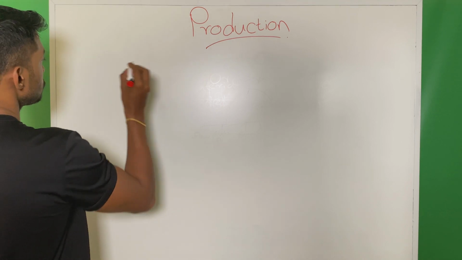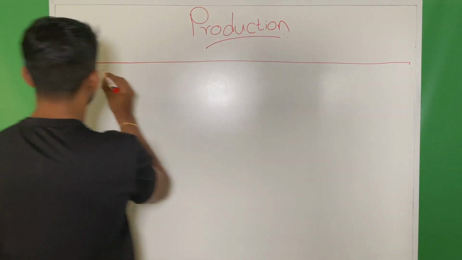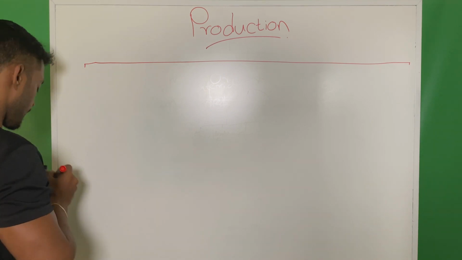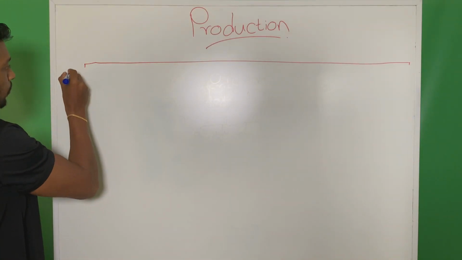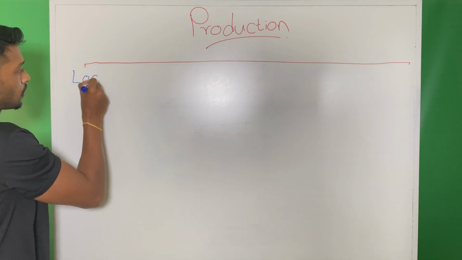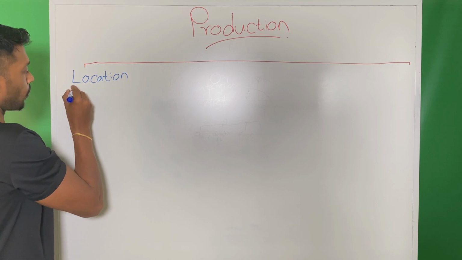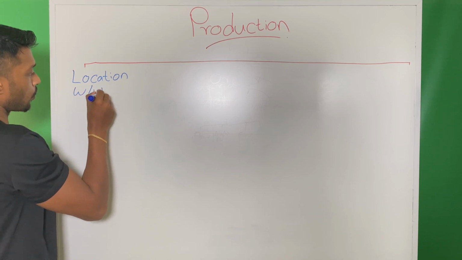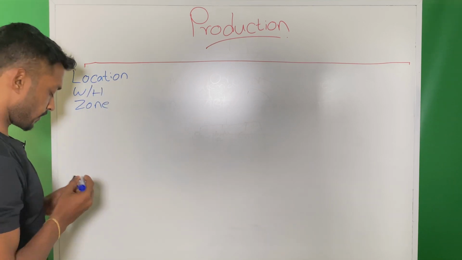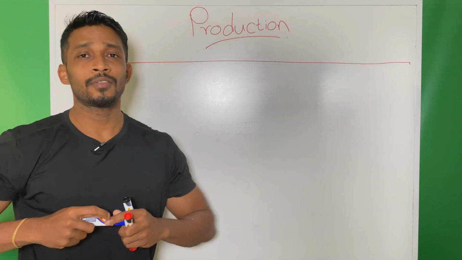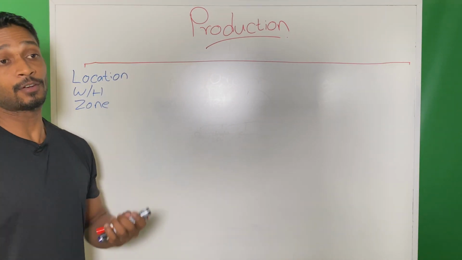First, I'll identify location, one of the important ones. Location, we can call it warehouse or zone. When we talk about locations, warehouses or zones, in practice in your business you can have a lot of warehouses, like an inventory warehouse,